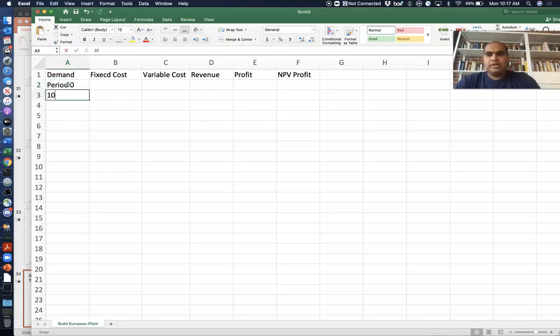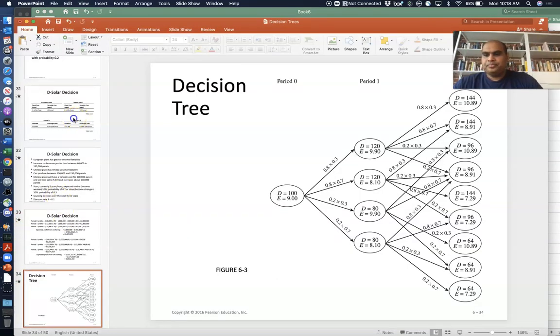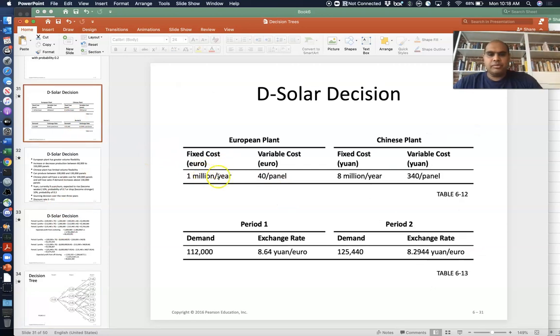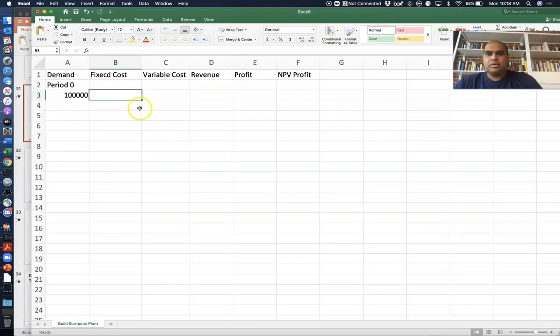So in period 0, that's currently demand is 100,000, right? Like I said, we're not looking at exchange rates or anything, so we are good. Fixed cost is 1 million. Let me just look it up, right? Fixed cost is 1 million and variable cost is 40 euros per panel. So going back to the Excel sheet, 1 million and variable cost is 40 euros per panel,